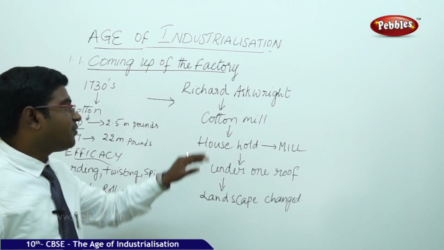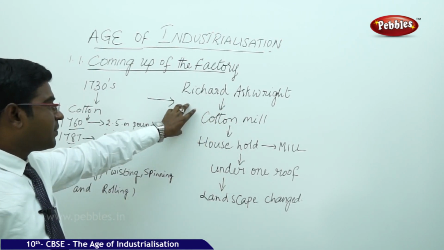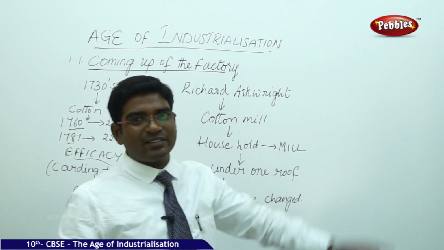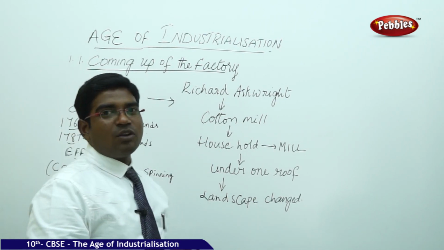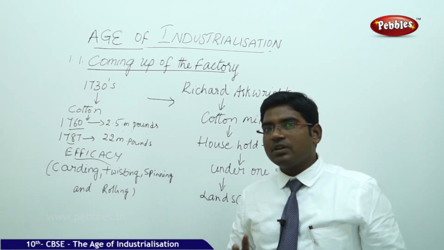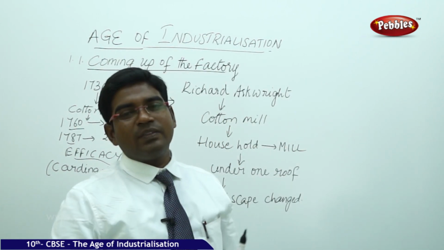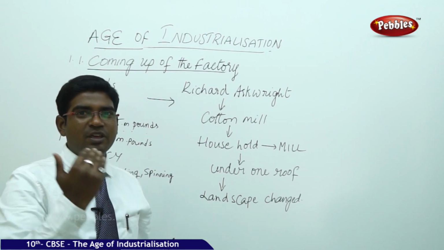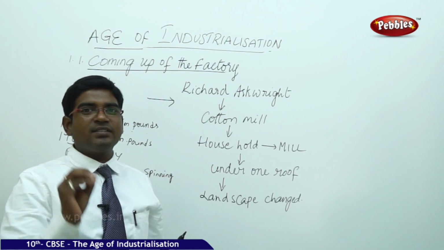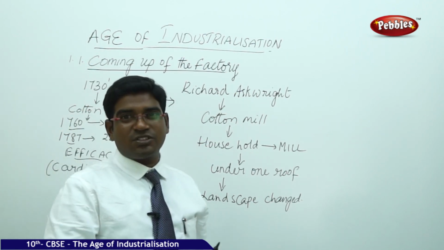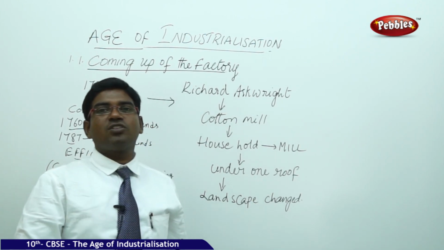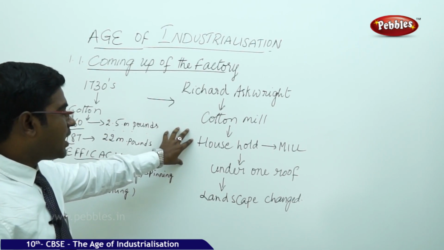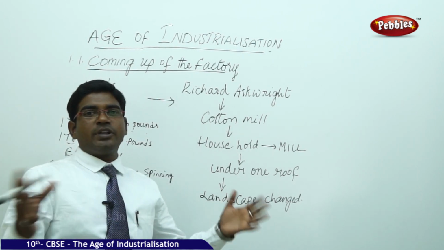But after the discovery of Richard Arkwright's cotton mill, the work from the household got transformed into the place called the mill, where the factories were being set up. Earlier, the wool was bought from the person who sells the wool, then from there to the spinner, then to the fuller, and finally, after passing through various stages, it was sent to the dyeing stage at London, where London is rightly known as the finishing place. So before, the work was done in a split process known as the putting out system,